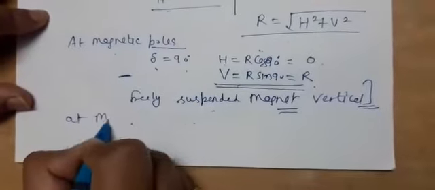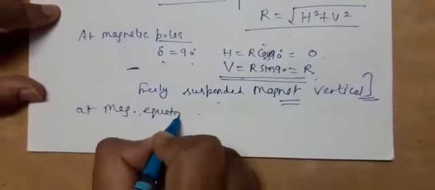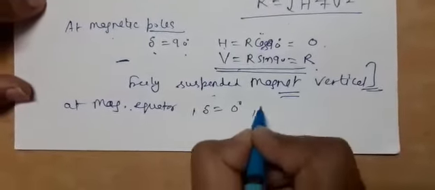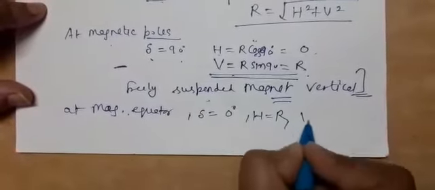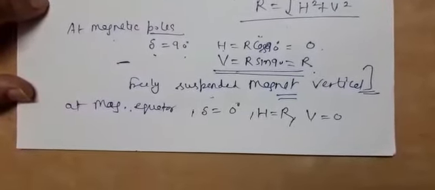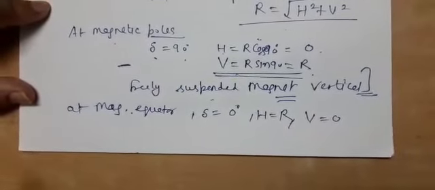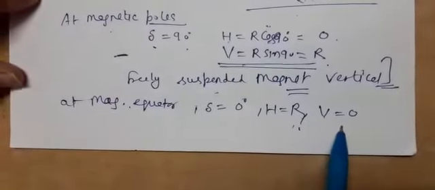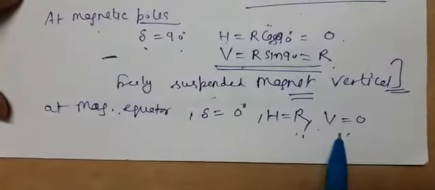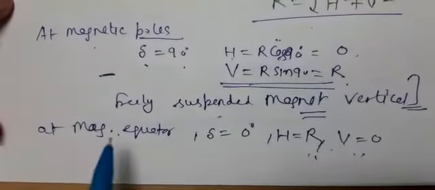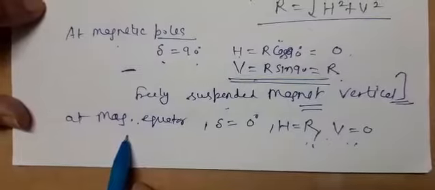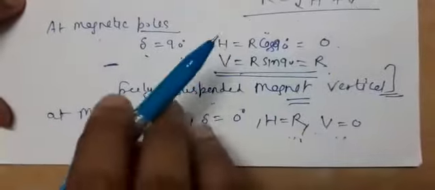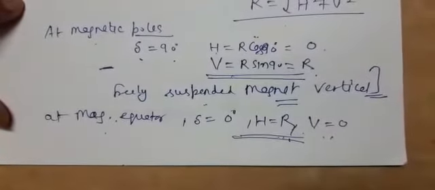Similarly, at magnetic equator, the angle of dip is 0 degree. So it means horizontal component H exists and vertical component does not exist. So it can be concluded that earth has vertical component except at the equator. It means at the equator the vertical component will not exist. It exists at all the points except the equator. Likewise, a freely suspended magnet will stand horizontal at the equator. If we leave a magnet freely at the equator, where will it always lie? Along the horizontal direction.